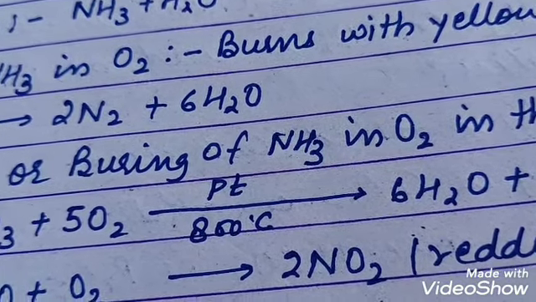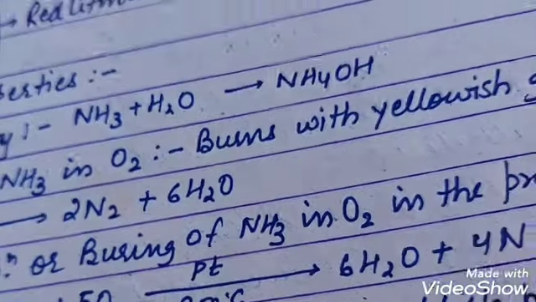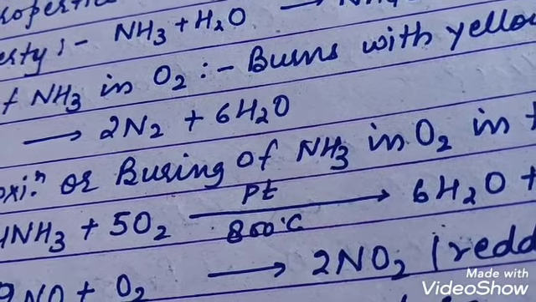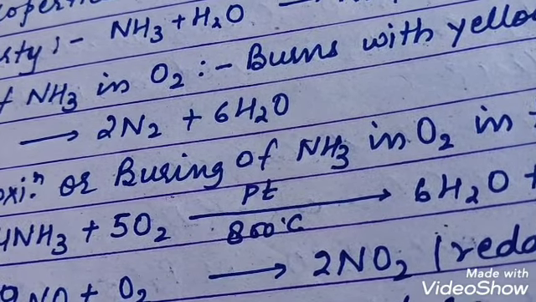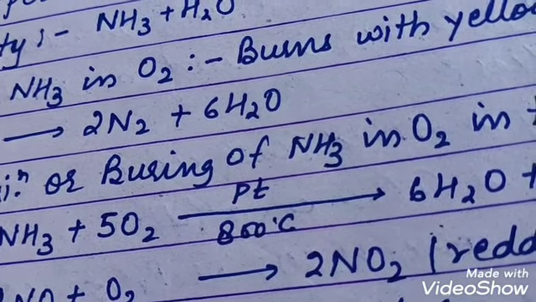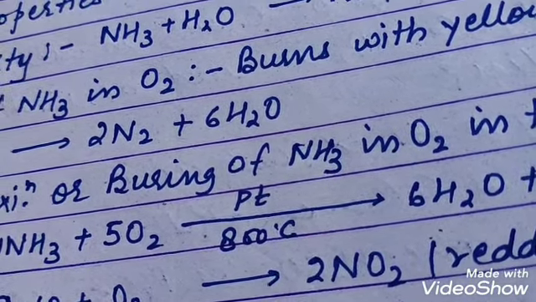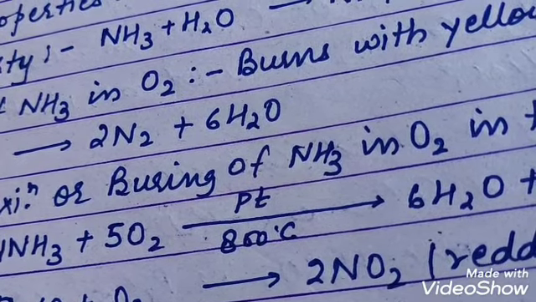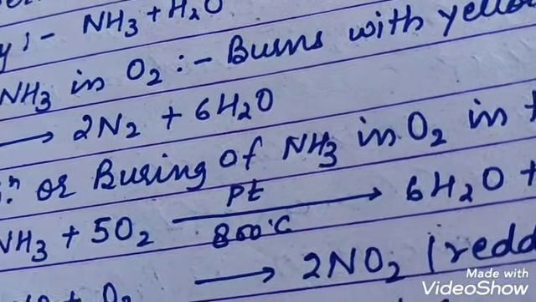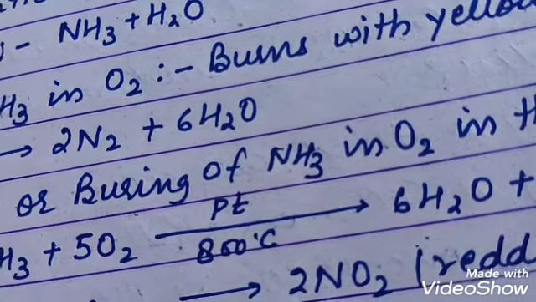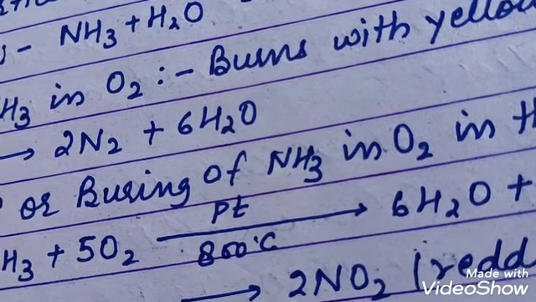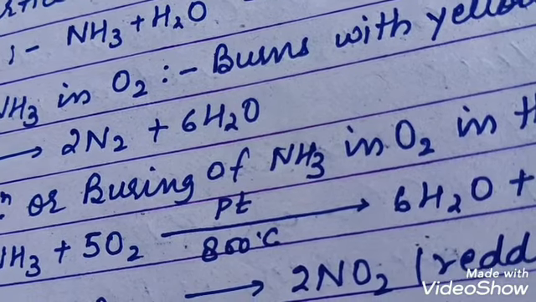All right. Now so many tests are given. What is the test of ammonia? The first one is that it has a very pungent smell, right? Next, you can dissolve it in water and then perform the litmus test. Red litmus will turn blue, methyl orange will turn yellow, and phenolphthalein will turn pink. A glass rod dipped in HCl can be brought near the mouth of ammonia. What will happen? Dense white fumes of NH4Cl form.